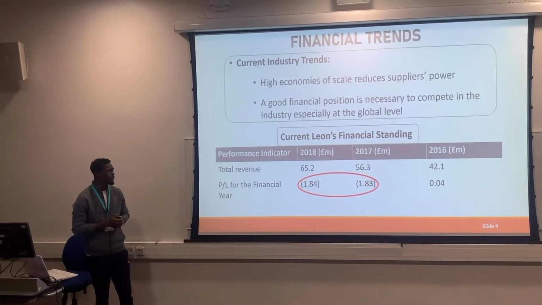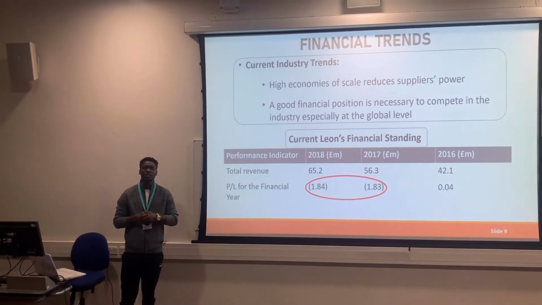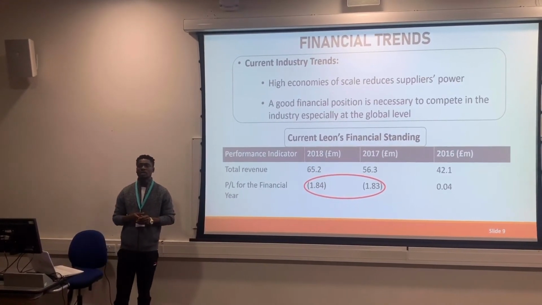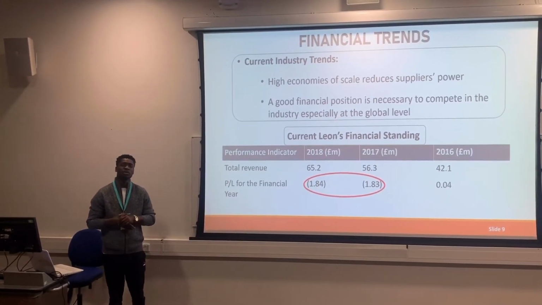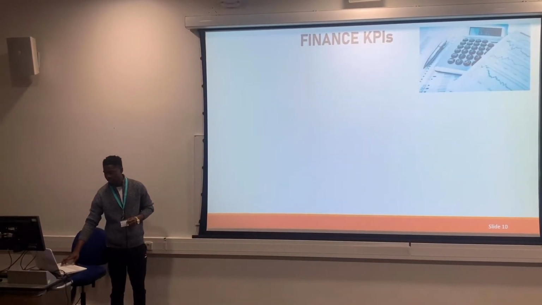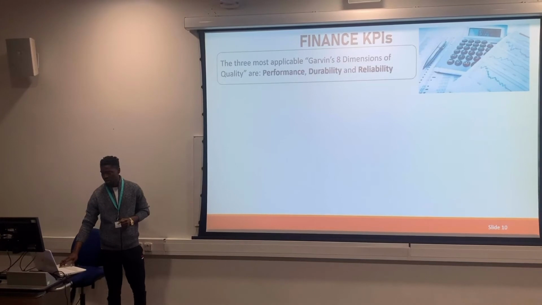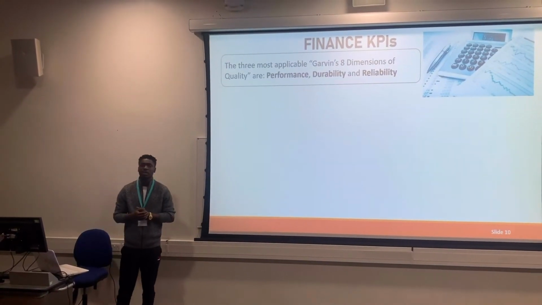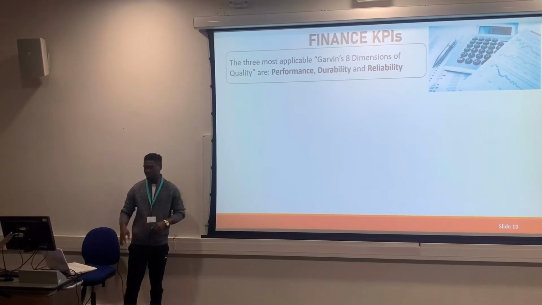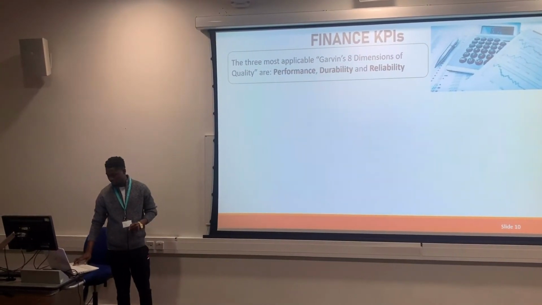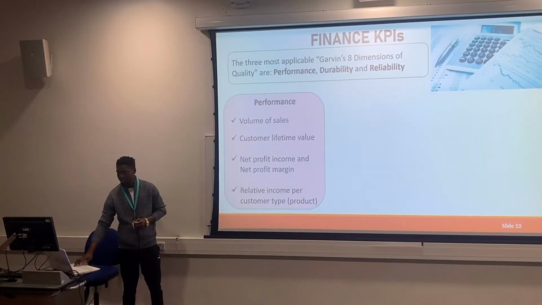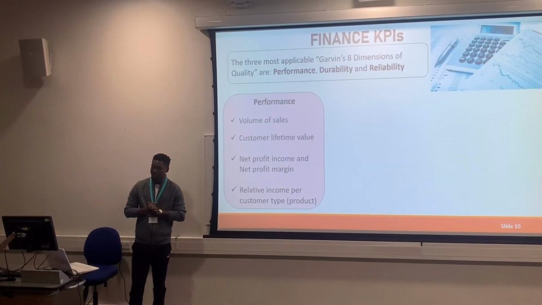This is because they invested more in opening of new outlets and did little when it comes to advertisement and marketing. So the KPIs, the finance KPIs, using the Garvin 8 dimensions, we are actually going to talk on three of Garvin's dimensions, which are performance, durability, and reliability. So talking of performance, volume of